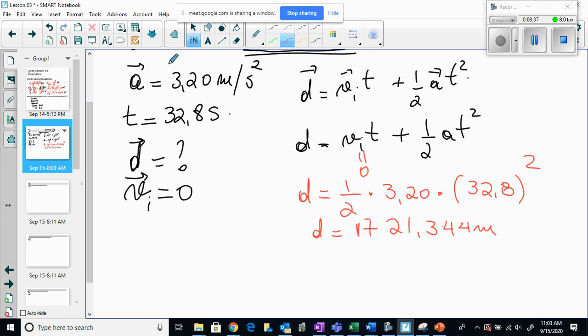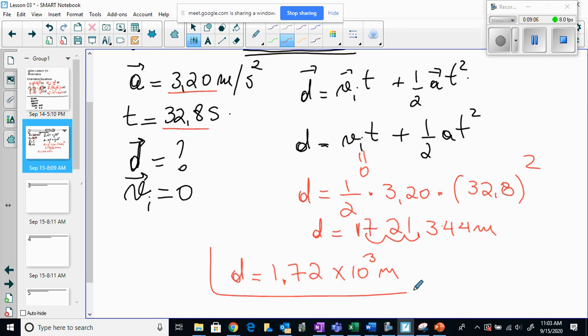So the correct number of significant digits is 3, okay? Because we have 3 for acceleration, 3 for time. So the lowest number of significant digits is 3. Therefore, the final answer for the displacement will be 1.72 times 10 to the power of 3